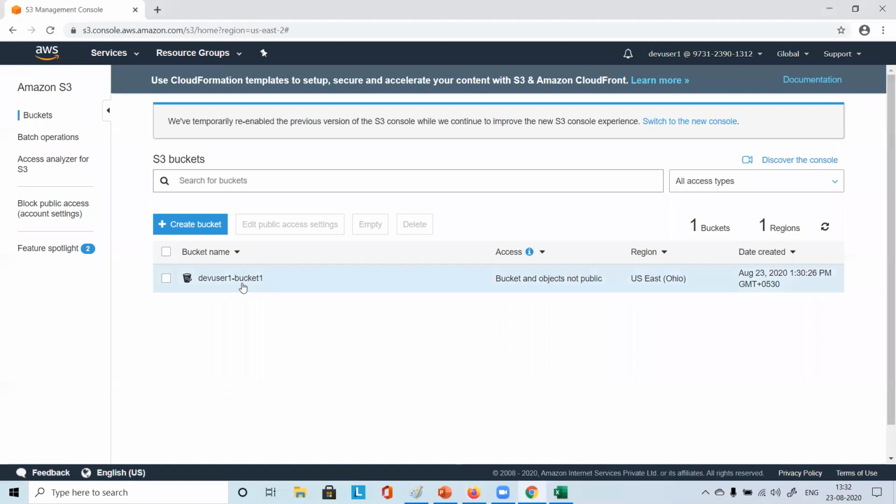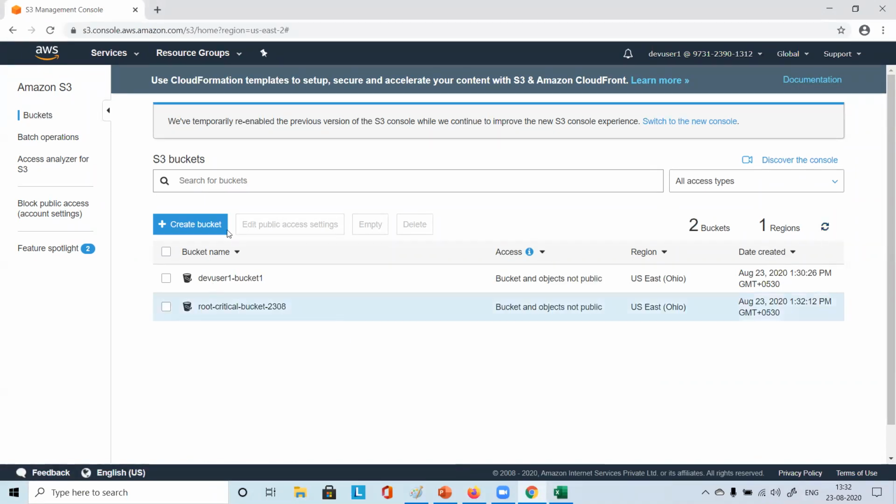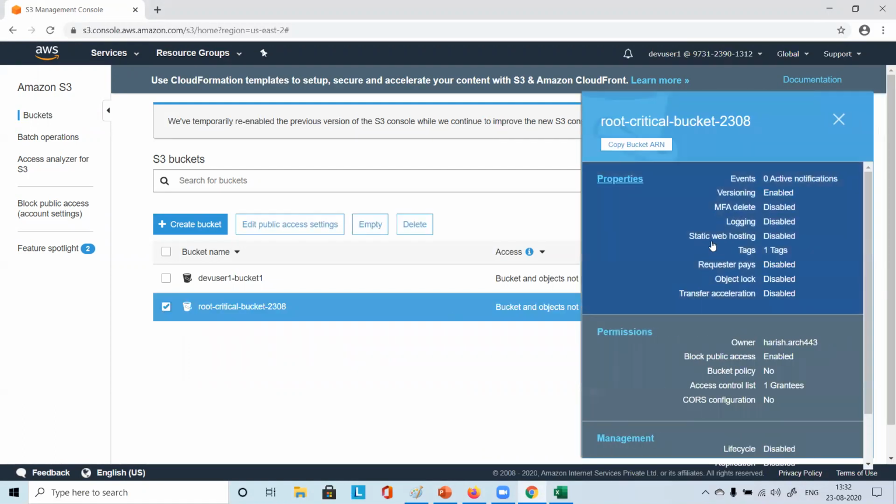Now we go back to Chrome and try to refresh here, right? Under buckets, you have the option to refresh here. So I refresh, and you see here the root critical bucket came. That user can see this bucket, right? And he says, oh, who has created this? This doesn't look important or something.